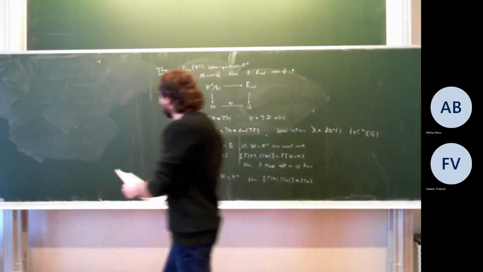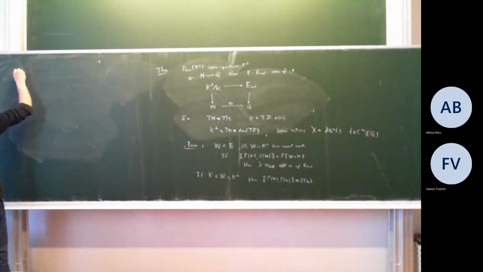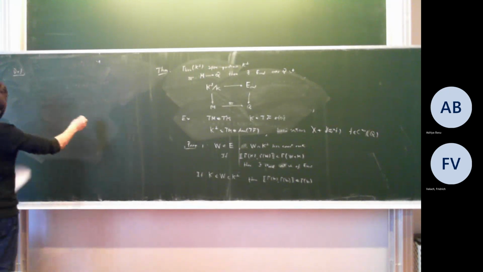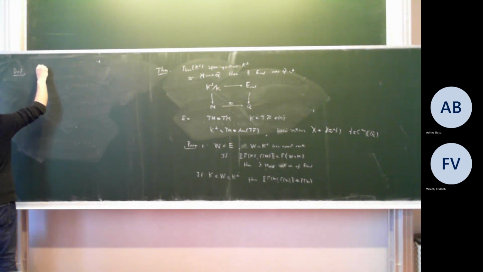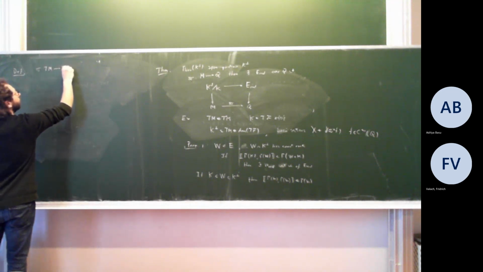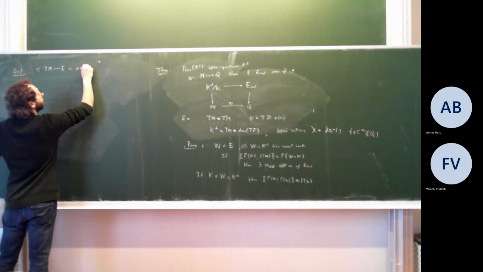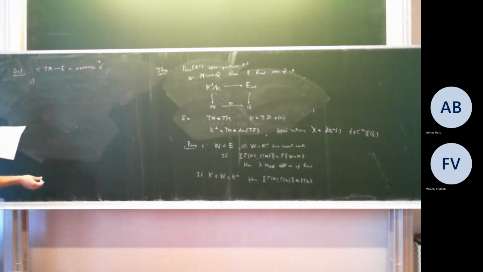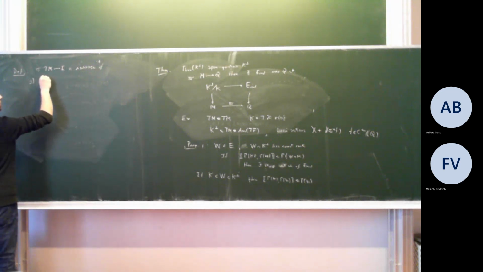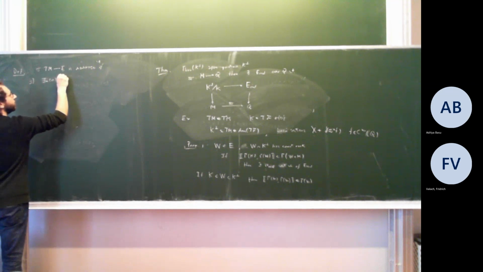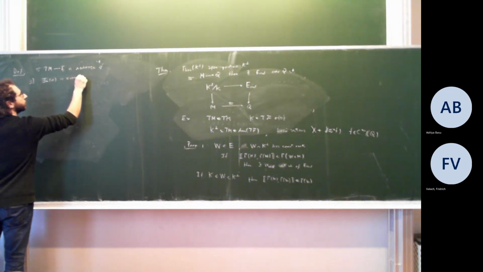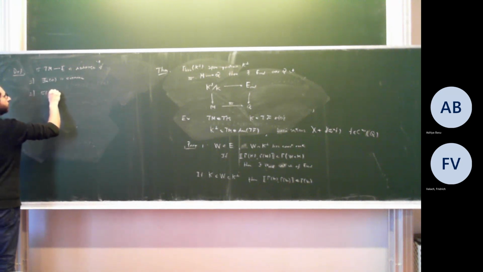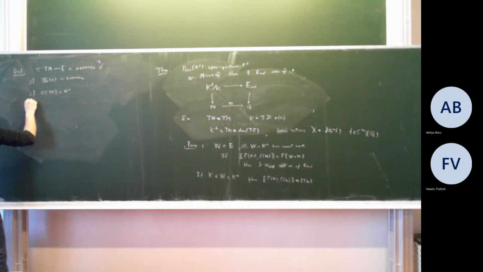Again, a definition. The assumptions are always the same, this picture after all. A splitting sigma from TM to E is adapted if the following holds. One, the image of sigma is isotropic. Two, sigma of TM is contained in K perp. Three,